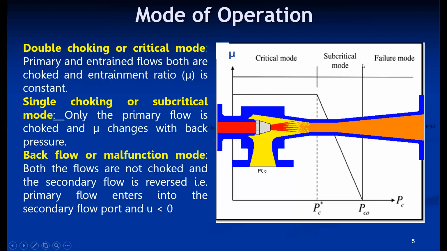So these are the three modes of operation of the ejector, and all three are because of the variation of condenser pressure. If the condenser pressure is greater than the diffuser pressure, backflow occurs. That is called the failure mode. If the condenser pressure is less, but it is in this particular zone, single choking occurs, which means only the secondary fluid flow increases, as the primary flow is already choked. From this point onwards, irrespective of the drop in condenser pressure, your entrainment ratio remains constant, because the y-axis is the entrainment ratio. So this is how the ejector works.